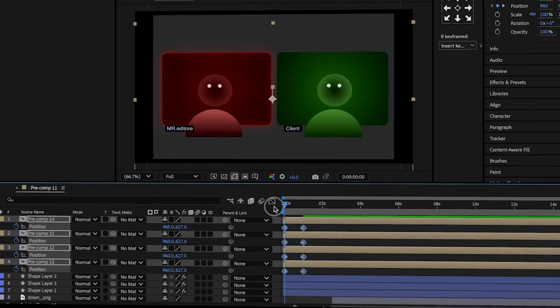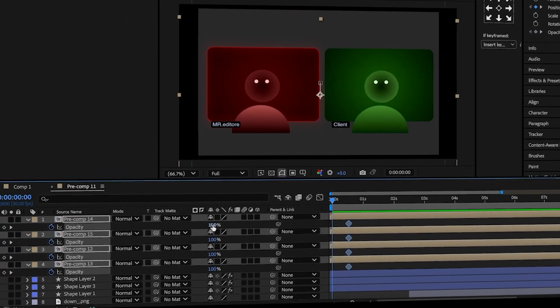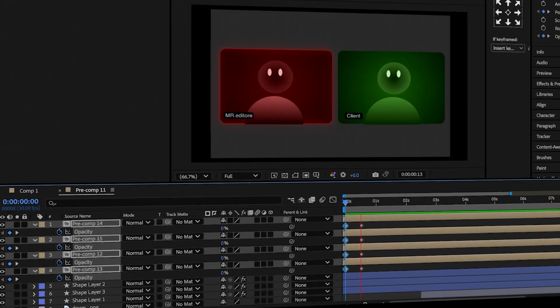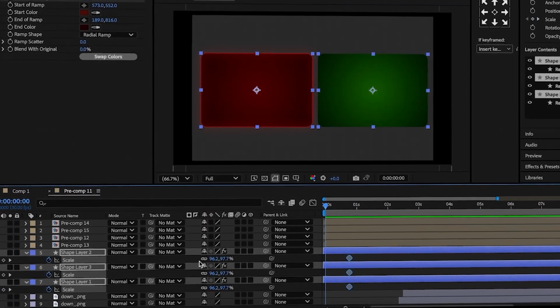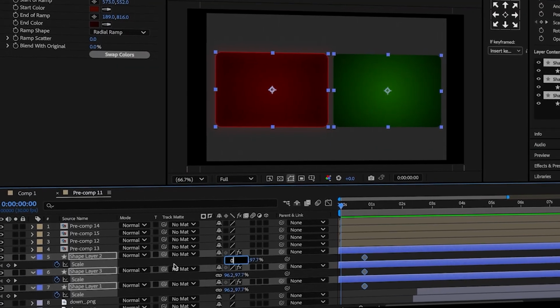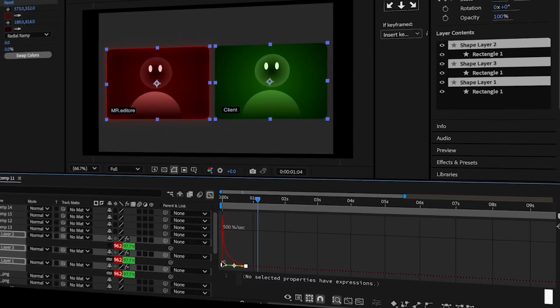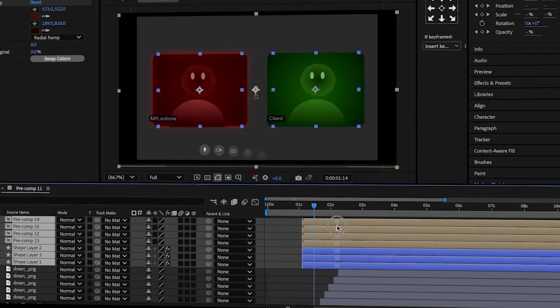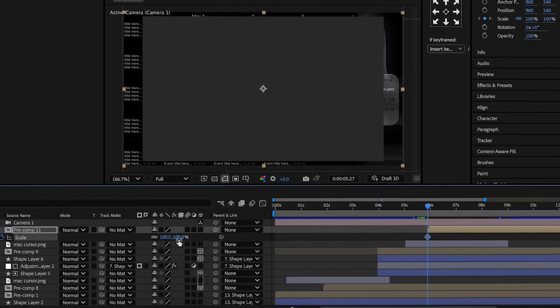In the graph editor, create a sharp ease in motion. Also, create the opacity keyframes. Move back a bit, set the opacity to 0%. For the windows, create scale keyframes, uncheck constrain properties, move back a few frames and scale them down to 0%. In the graph editor, apply a fast ease in. Move all character and window layers backward in time, return to the main comp, to the Google Meet pre-comp, create a